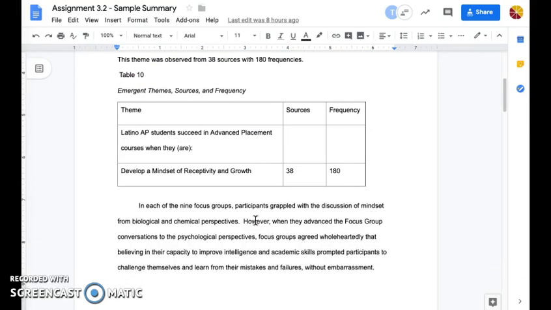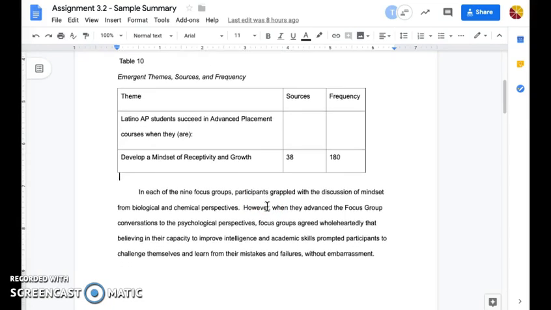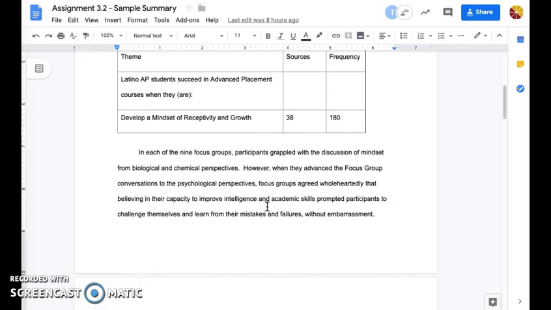Okay. Next is a smaller table of frequencies and sources based on that theme. And for your table, you'll just have two rows. You actually will not have this middle row. This is the research sub-question that the researcher is putting together. But for yours, you'll have the theme, sources, frequency, and you'll just have the name of the theme, the number of sources, and the frequency. Okay. So after you present in table format the information about the theme, it's time to explain the narrative, the